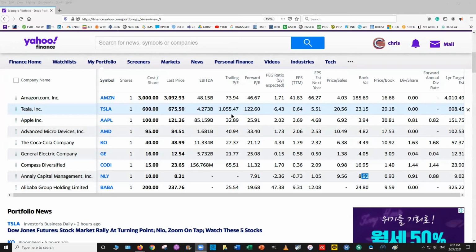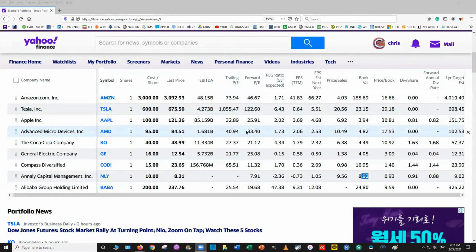So you want to go to their website, take a look at, let's say, AMD, find out what do they have in the hopper, what's going on, what kind of new technology do they have, are they going to be selling more? We can look at these things. That's why we have forward PE. So right now it's at 73 for Amazon, but they're saying, hey, maybe next year it's going to be $46. It's cheaper. Why? They're going to make more money. For Tesla, they're saying it's 122. Wow. That's like a 90% drop, right there.